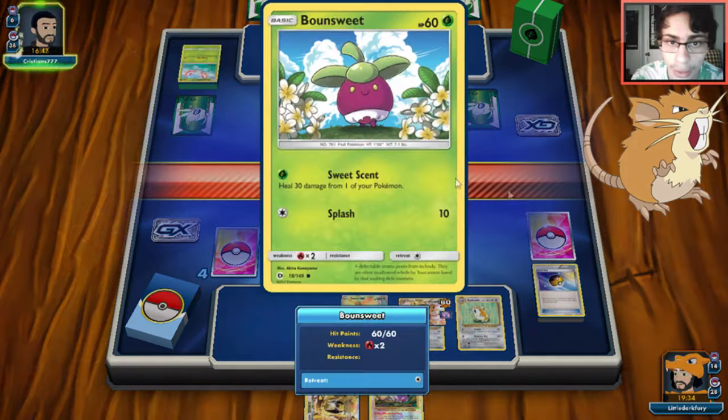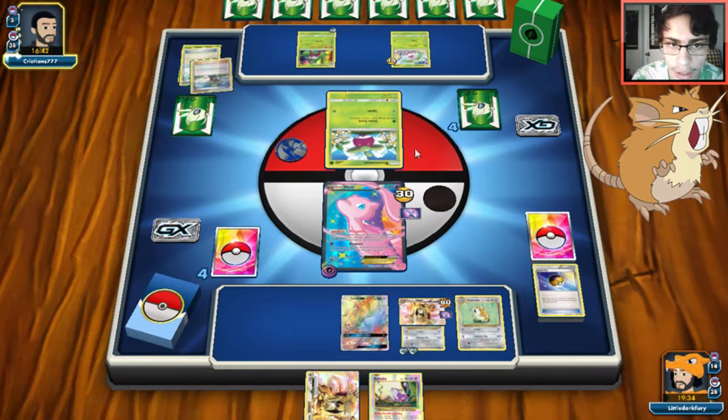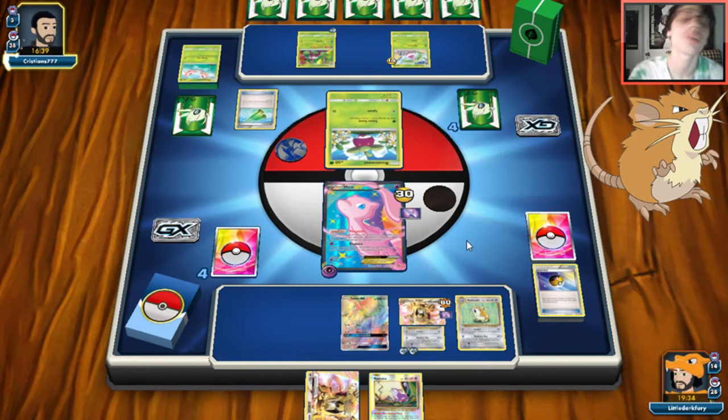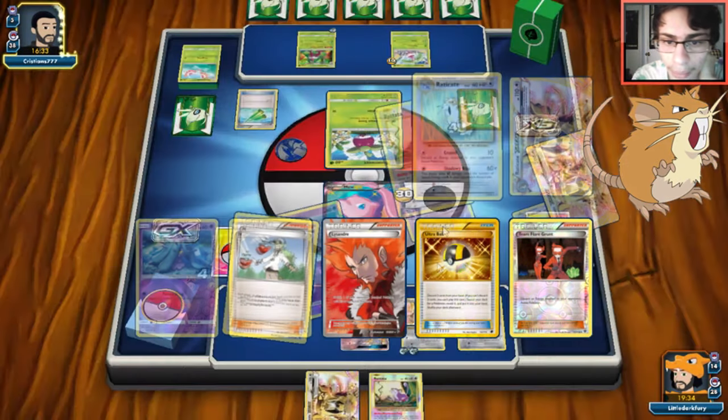We have 2 Raticate. Oh, he's bringing up the bounce suite. Yeah, he's like giving up. If we can hit a VS Seeker top deck, we will be able to Lysandre knock the thing out. Oh, Revitalizer, dude. Stop. Dang, man. We still have our Super Rod. We can get back our Raticate BREAK, which still...